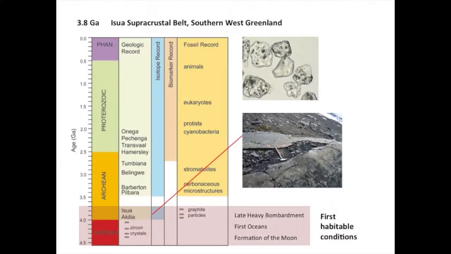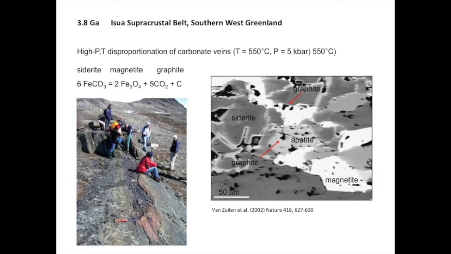So, we go to slightly younger rocks here, the Isua supercrustal belt, 3.8 billion years ago. Slightly less metamorphic grade: amphibolite facies, 550 degrees Celsius, 5 kilobar. And also there, graphite was found in apatite crystals, but it was found in what then were thought to be sedimentary rocks, carbonate deposits. But if you look closely at these rocks, and I go to the next slide here,